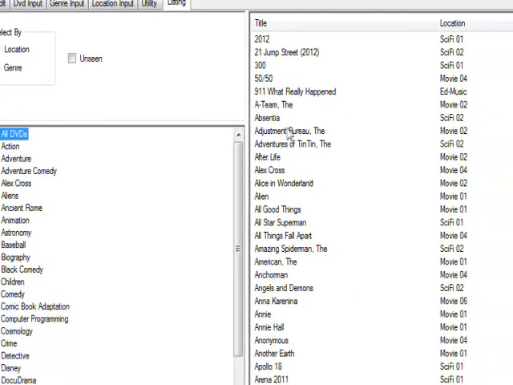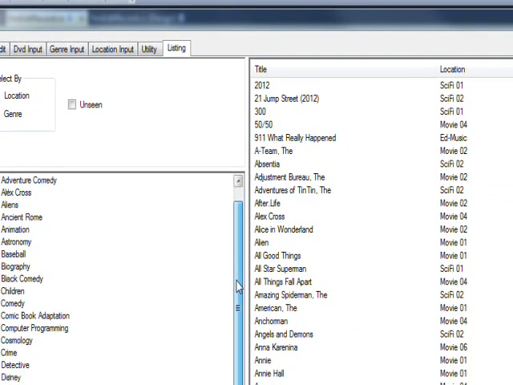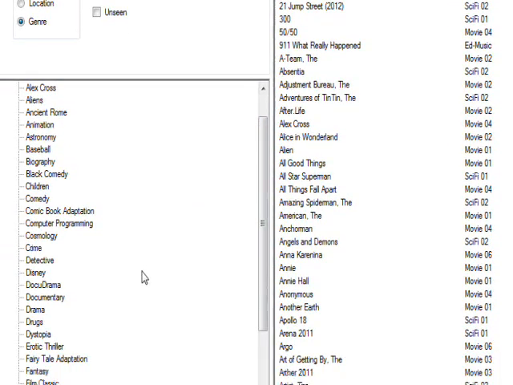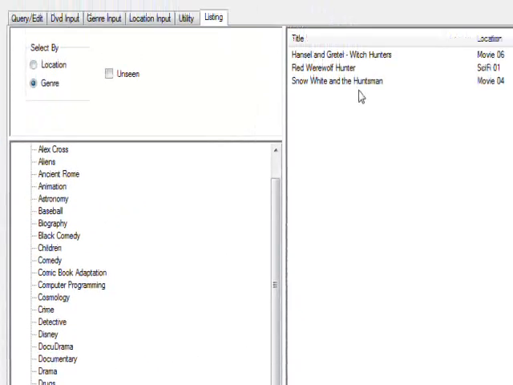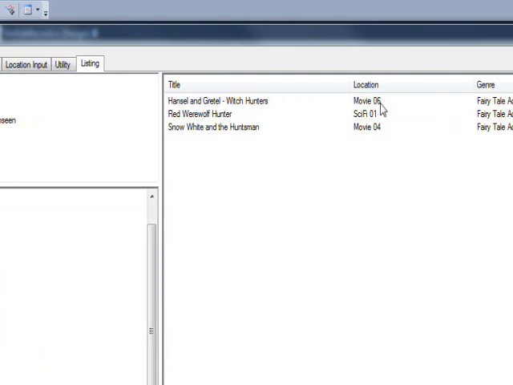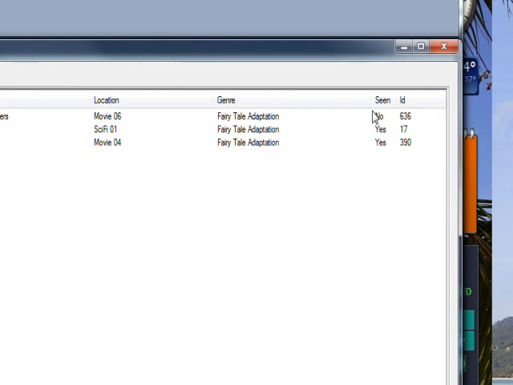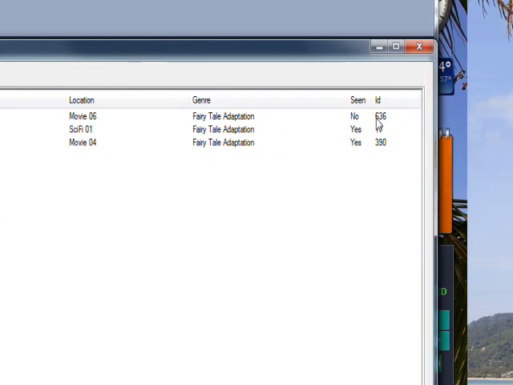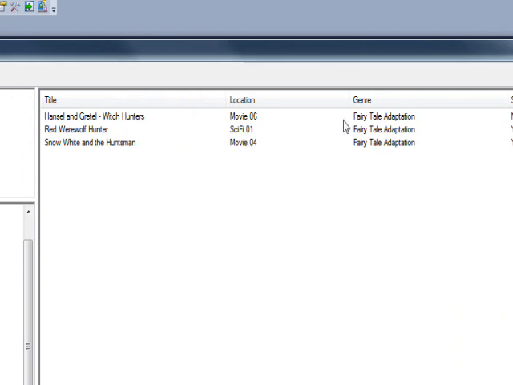First of all, let's go into listing mode and see if we can find a candidate that's good for test data. And in fact, I have somebody in mind. If I click on Fairy Tale Adaptation, there's Hansel and Gretel, Witch Hunters, Movie 6, Fairy Tale Adaptation, Scene No, and ID 636. And actually the reason this is a good candidate is I just watched this a couple days